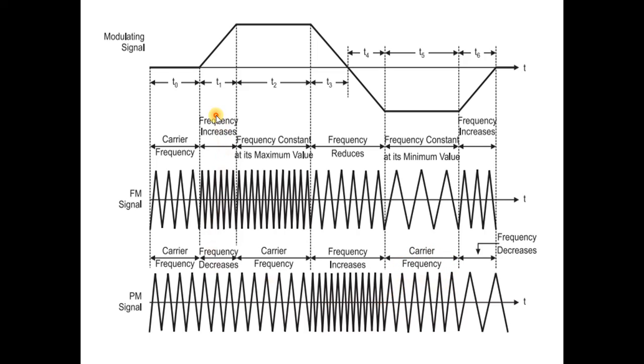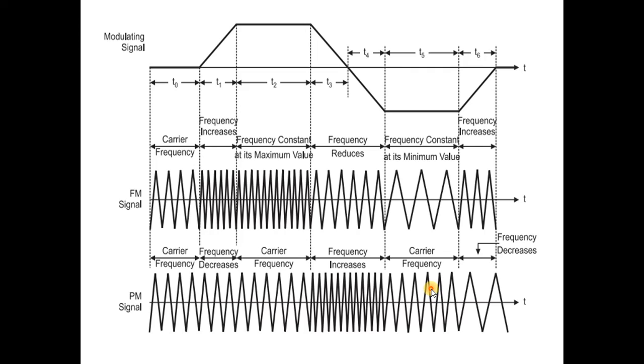Observe here T1, T3, T4, T6. But during the intervals T2 and T5, when the modulating signal is constant, the frequency of the phase modulated signal remains constant at the carrier frequency value